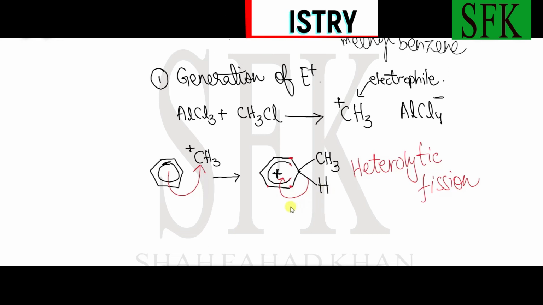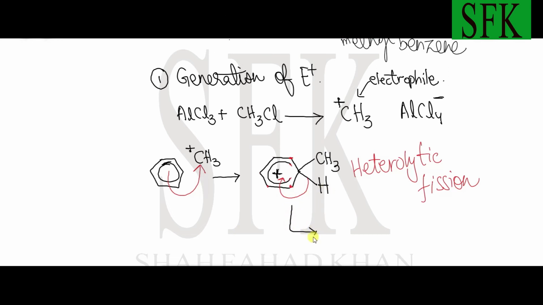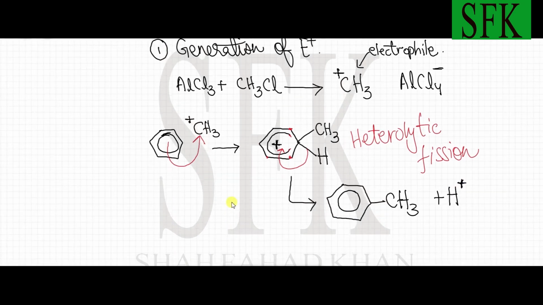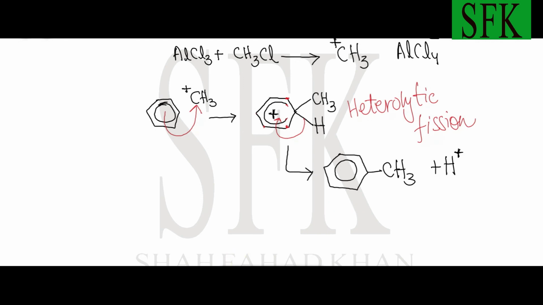And after this, once the bond is broken, the delocalized pi electron system inside the benzene is restored, and the CH3 stays on the benzene, and this carbon hydrogen bond breaks, giving out H positive as the byproduct. Okay, now over here we have our major product, methylbenzene,